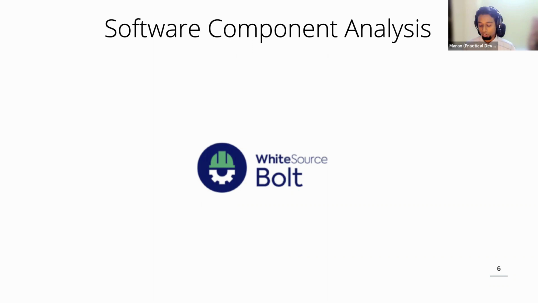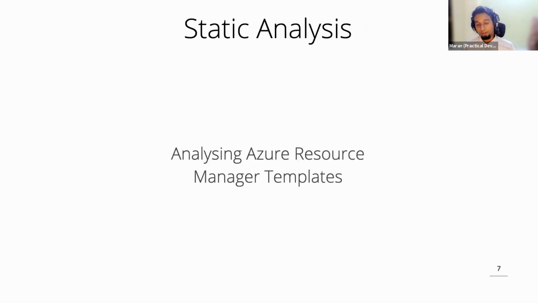We're going to see a demonstration of that. And then from a static application security testing perspective, we have infrastructure as code templates. In Azure, they're called Azure Resource Manager templates. That's one way of natively using Azure's capabilities of deploying resources, such as virtual machines, function apps, web apps, databases, Ubuntu servers, and whatnot. So we're going to look at some Azure Resource Manager templates and then see if there's